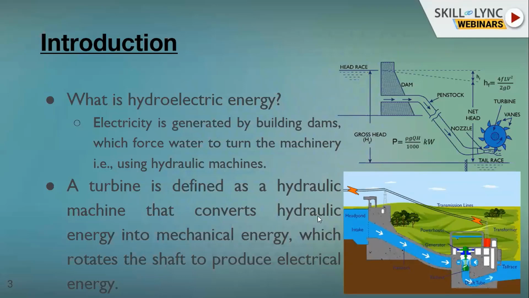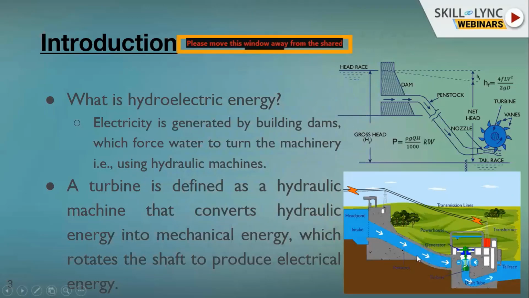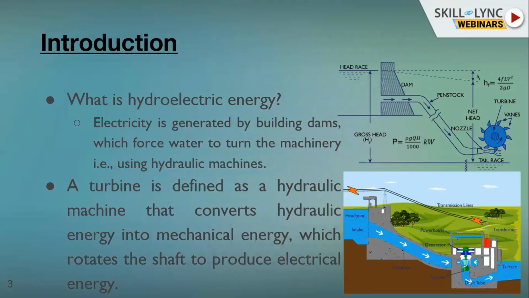The next figure, at the right bottom side, shows how hydroelectric power is produced. That is, from the dam to the turbine, how the water passes through the penstock, and how electricity is generated and transferred through transmission lines to household and industrial applications. Before proceeding to the next slide, I would like to bring to your notice this type of blade, which has buckets; I will discuss this rotation as per the classifications of turbines.